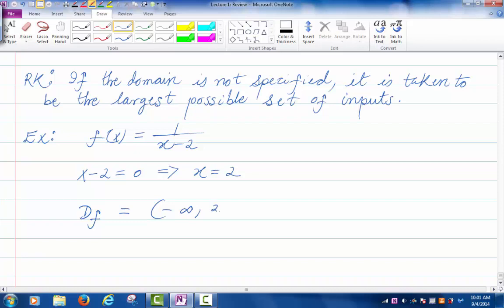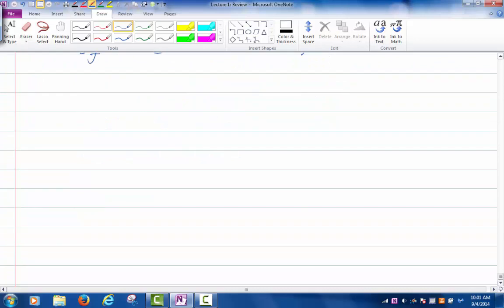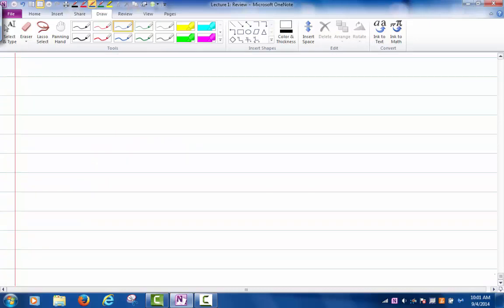And in interval notation, how do we write this? This way, right? Parenthesis around 2 means 2 is not included. Are we okay with that? Okay. And I'm going to come back to finding domains in a bit again. And let's go over some other